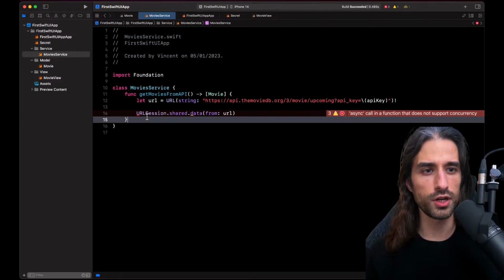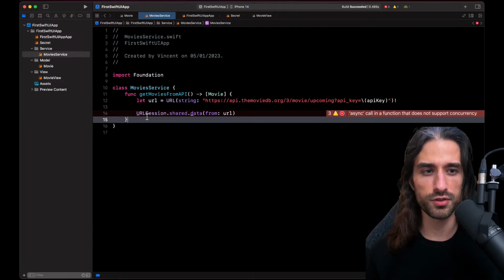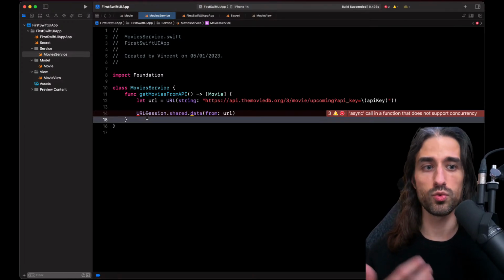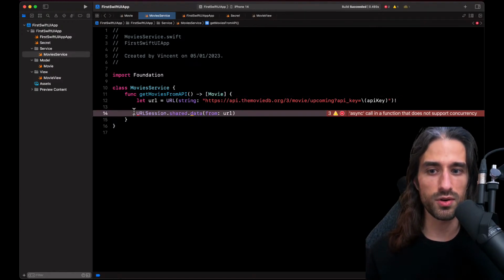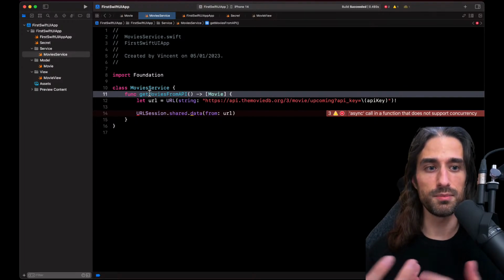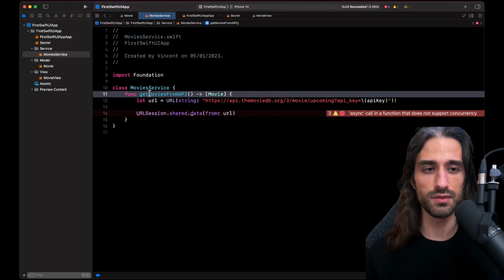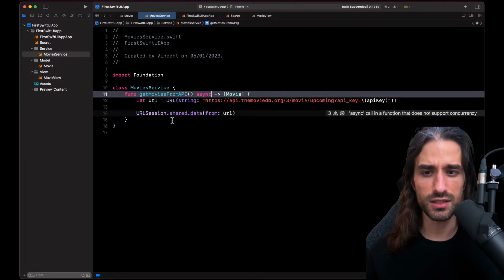I won't go into the details too much. For now, just keep in mind that an async method is a method that is allowed to pause during its execution. Here, for instance, to wait for the data to be received over the network. Since the method can pause, it cannot be called from anywhere, and we need a way to let the compiler know that the method can pause. So since my method getMovies is calling an async method, it needs to be async itself. To say it another way, since my method is calling a method that can pause, the method needs to be able to pause itself. Otherwise, there would be an issue. So to do that, I mark the method as being async.